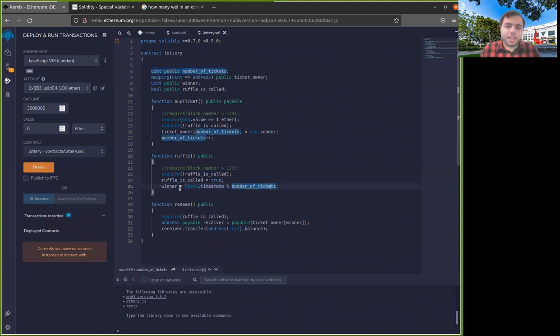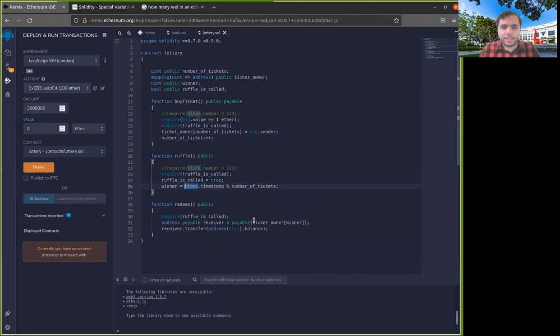Actually, a more realistic attack would be that if this is, for example, a lottery that really has a lot of money, and it is because each ticket is now 1 Ether, as a miner, I can just buy a lot of tickets. And then if I'm sure that I'm going to mine the next block, I can just tamper with the timestamp so that one of my tickets wins. So that's another thing that the miner can do. But generally, this is another case of giving too much power to the miner.